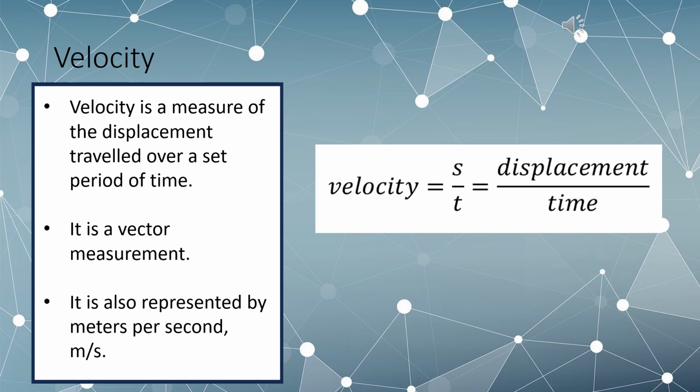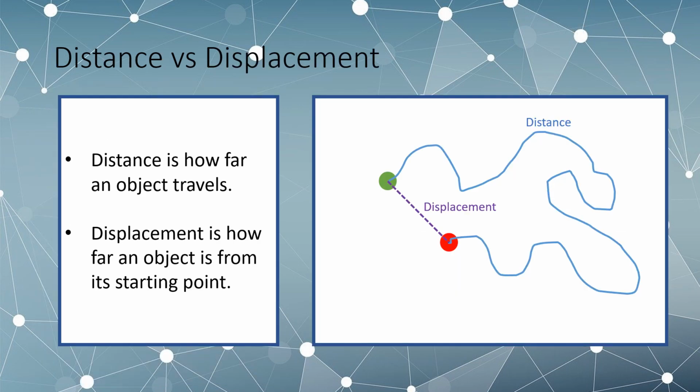However, it is also measured in meters per second, or m/s, or ms to the negative 1 again in some cases. Because it is a vector, in this case we need to make sure any velocity measurement is given with its direction as well. Before we go any further, let's just clarify the difference between distance and displacement, as they are